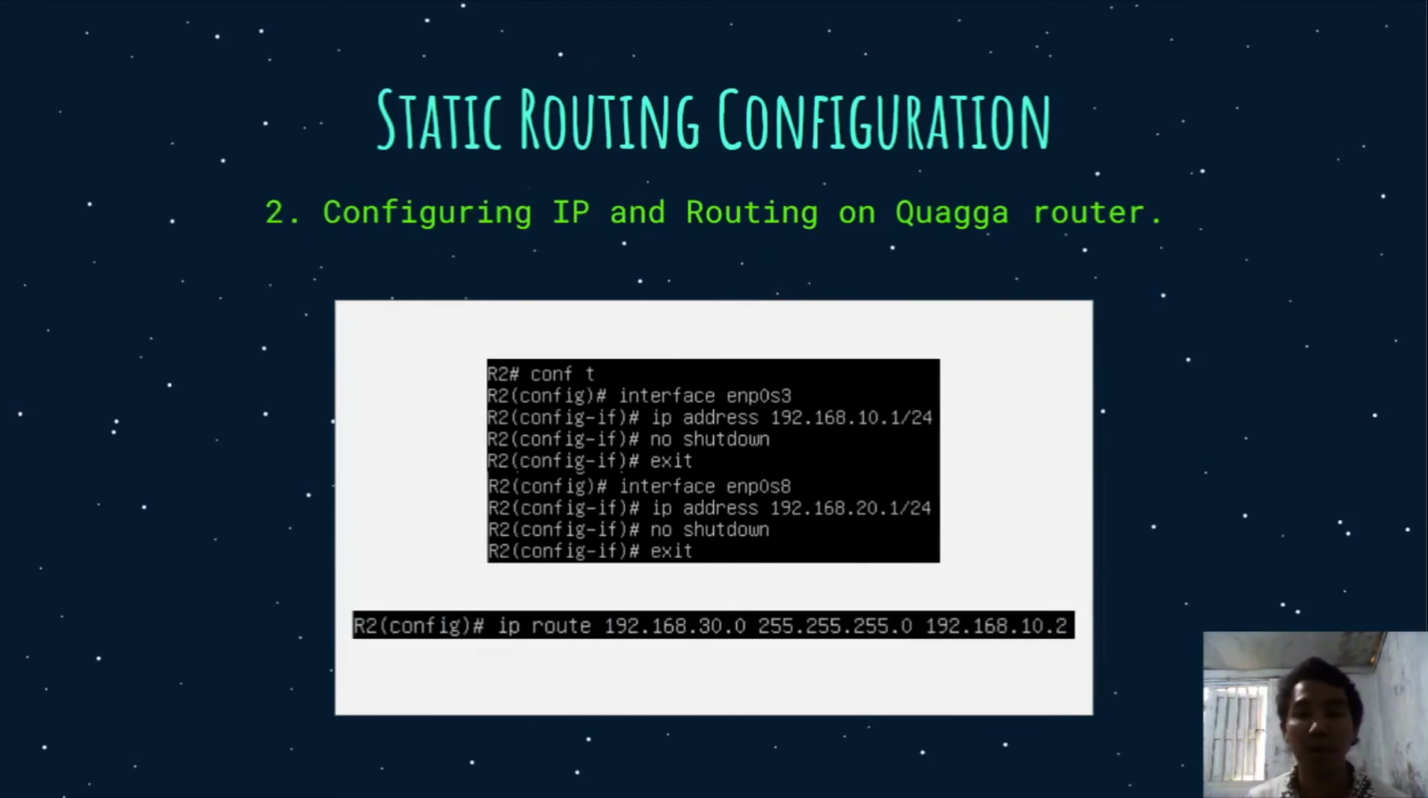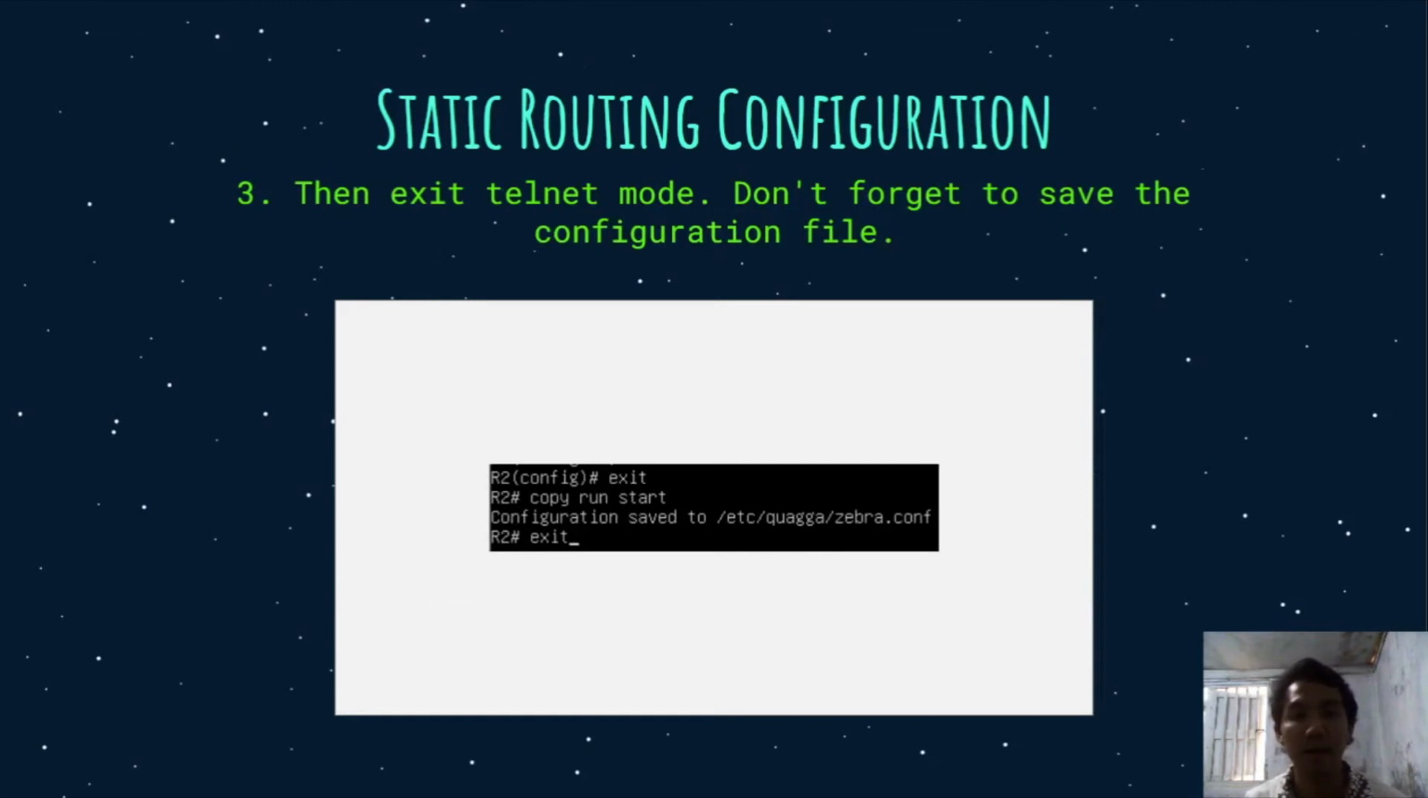And the next is configuration of IP and routing on Quagga router. The first picture is about configuration of IP interface, and the next picture is about configuration of the routing. Then exit telnet mode. Don't forget to save the configuration file. You can use exit command to exit from telnet mode, and you can use copy run start command to save